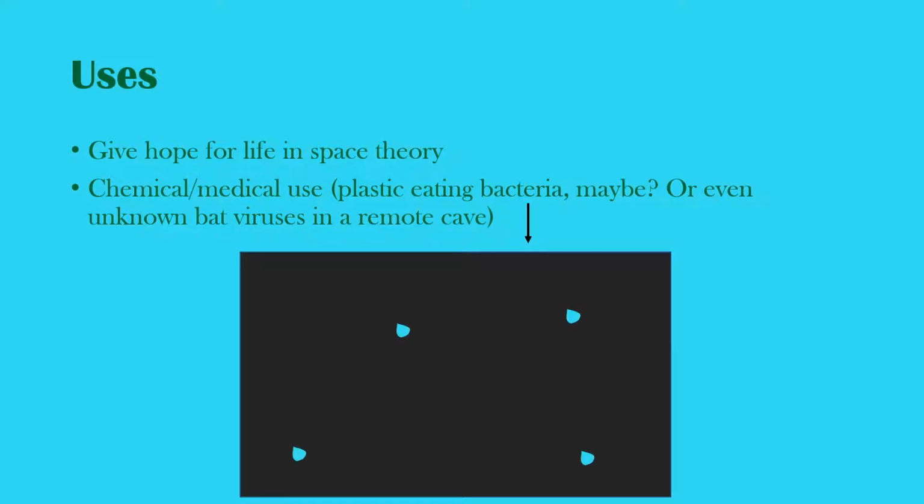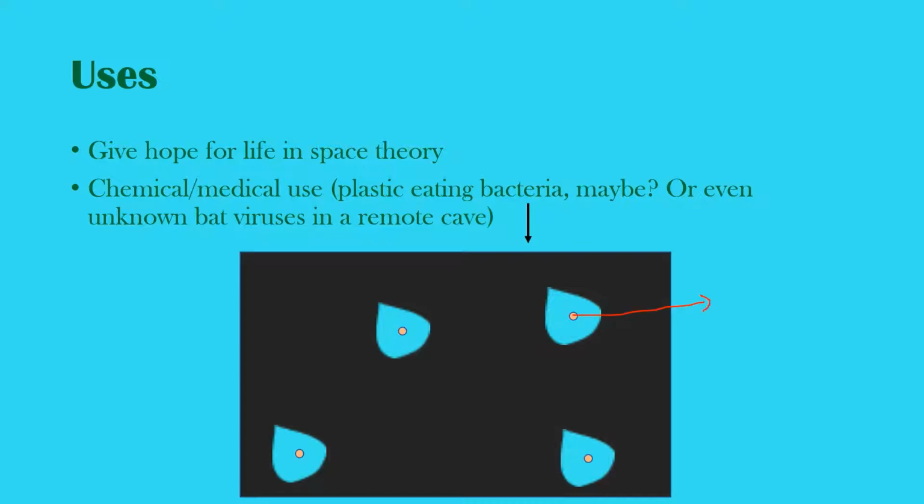And also we can look at the medical or chemical use, because there are some really old ancient creatures that could help us in a medical sense, or in a chemical sense, maybe bacteria that can eat plastic or something like that. And yeah, that's basically the benefit of looking at different geographical features and finding out more about all of these new